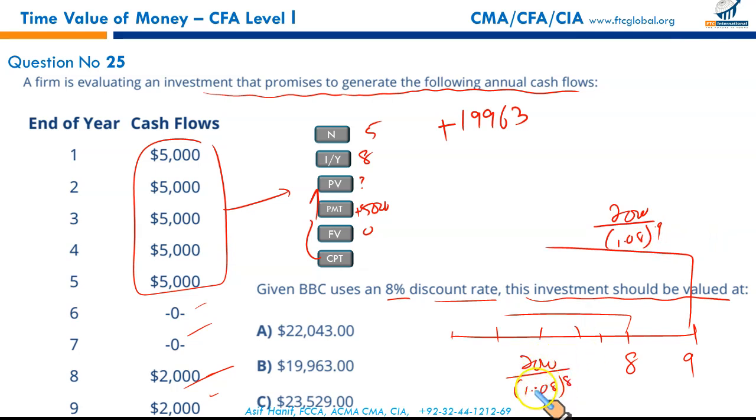So 2,000 divided by 1.08 raised to the power 8, this will bring this 2,000 into present terms, and 2,000 divided by 1.08 raised to the power 9, it will bring this 2,000 to present terms. So converting these, first one will bring the cash flow to 1080.53, this one, and 2,000 upon 1.08 raised to the power 9 gives you 1,000.49.